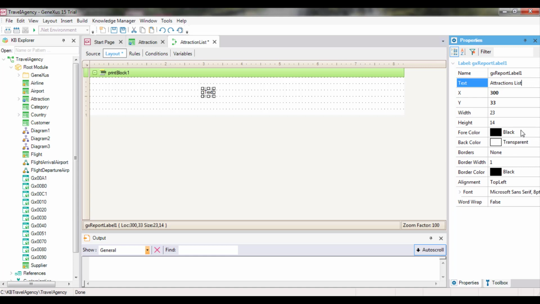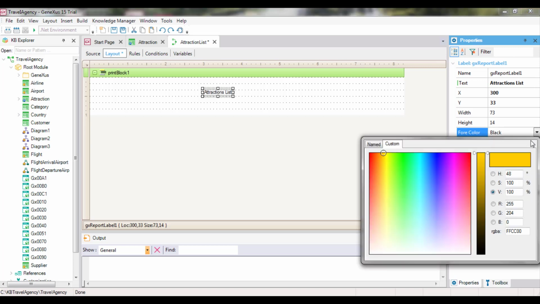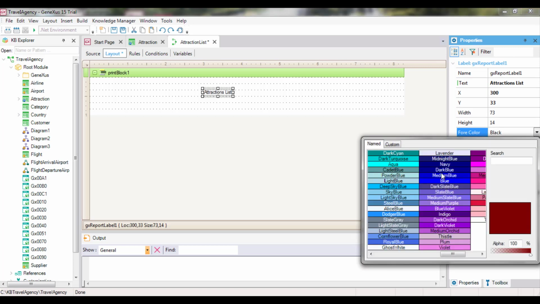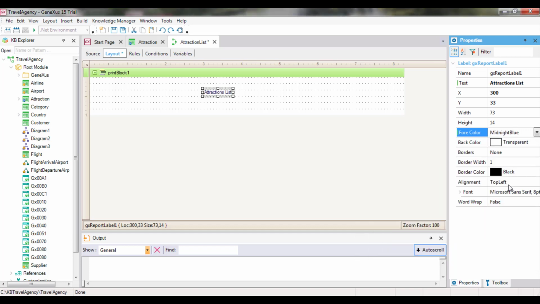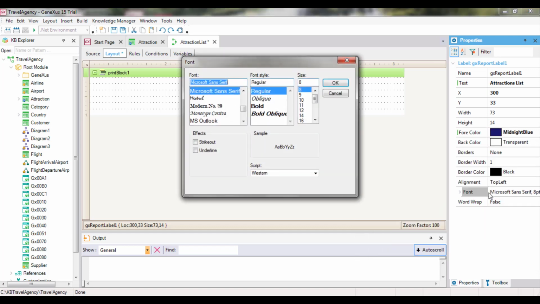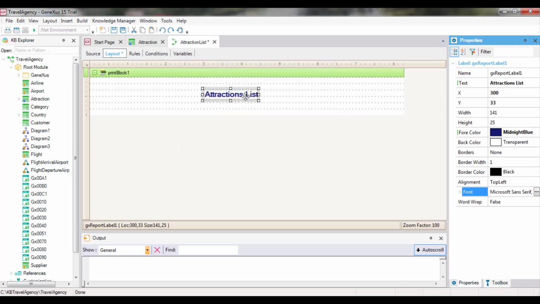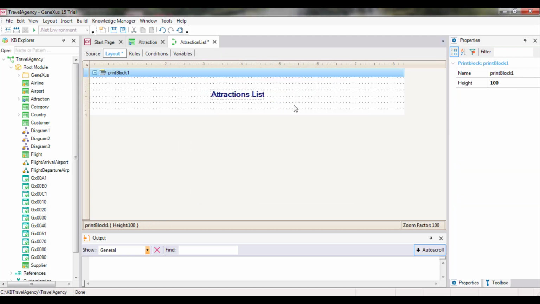We also change its color and font, and then select its position in relation to the margins. We will give this print block a clear name that represents what is being displayed. To do so, we select the print block properties and edit its name property by assigning it the name title.